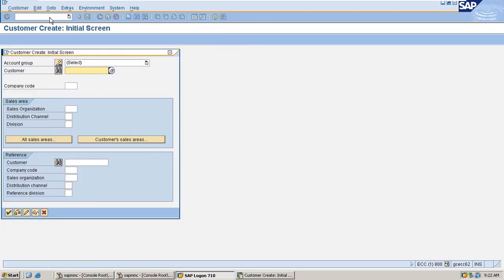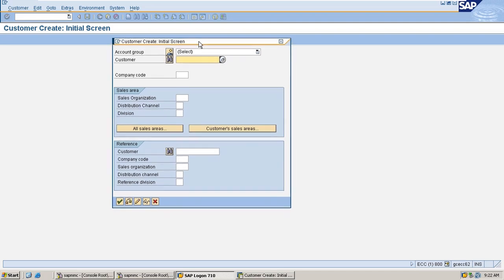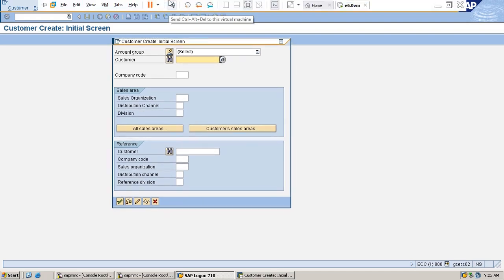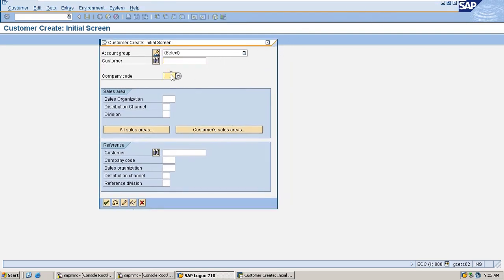XD01. Actually, we have some other transactions also to create the customer master. Those are nothing but VD01 as well as FD01. If we use the transaction XD01 to create the customer, we can create the customer in the company code view as well as in the general view as well as in the sales area view.